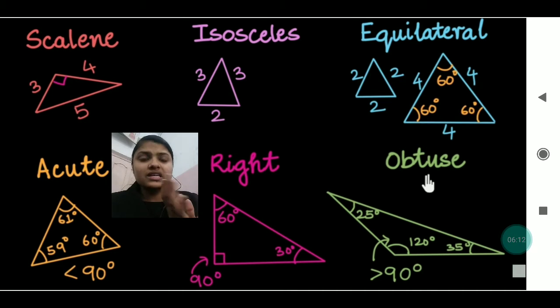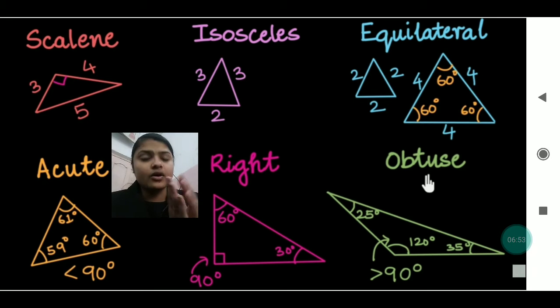If all the sides of a triangle are unequal, then it is called a scalene triangle. In your book it is given that there are three parts of the scalene triangle: right angle triangle, acute angle triangle, and obtuse angle triangle. These are categorized under the scalene triangle. A scalene triangle is one in which all three sides are unequal.